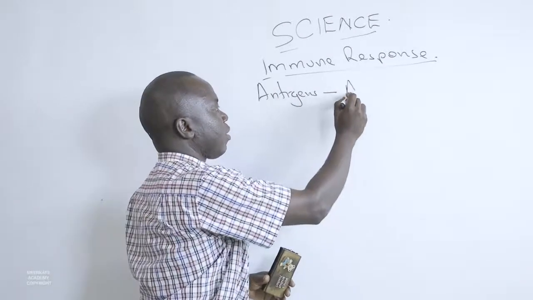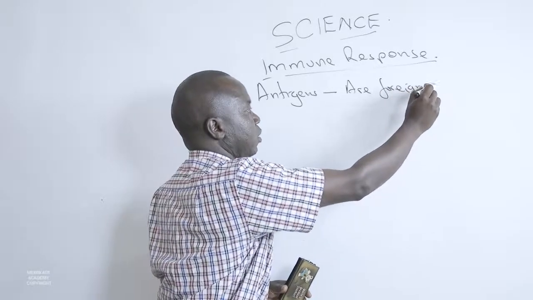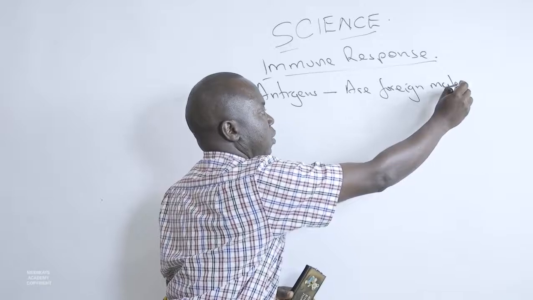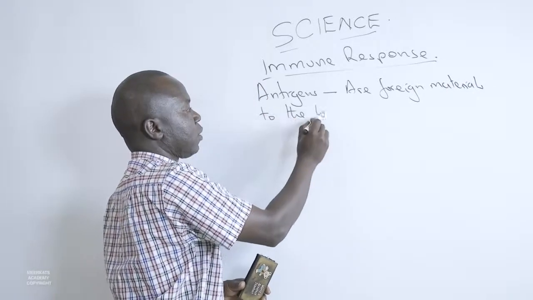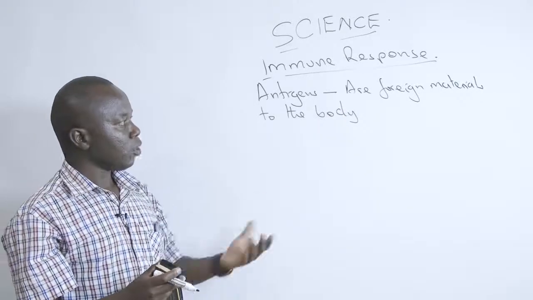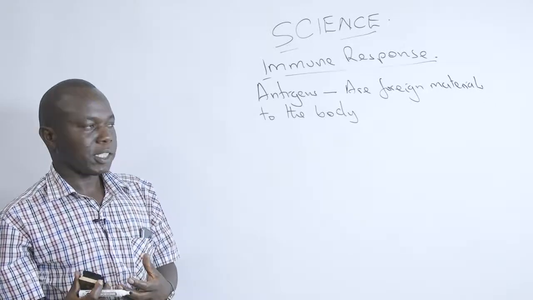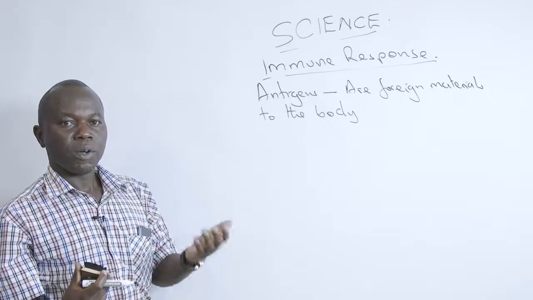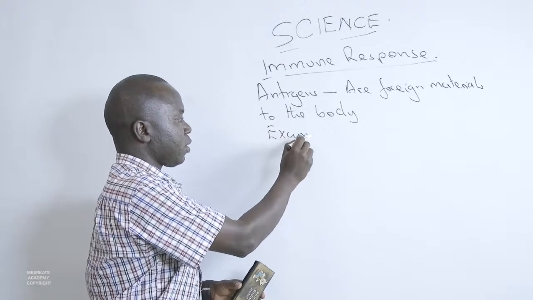Antigens are foreign materials to the body. Because they are foreign, the body does not readily accept those materials. We are going to find out the examples. Examples include,